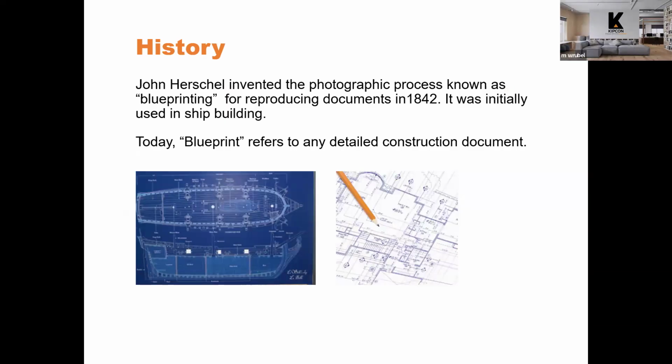So the blueprints historically were actually blue. They started out with a very blue background, that beautiful indigo background with white lines on it. As the process of developing the blueprints evolved, it turned into a white background with blue lines on it. It was just the way to create multiple drawings. The original drawing, before the days of computers, had to be created by hand on a transparent medium such as vellum or parchment paper so that it could be reproduced through what's called a